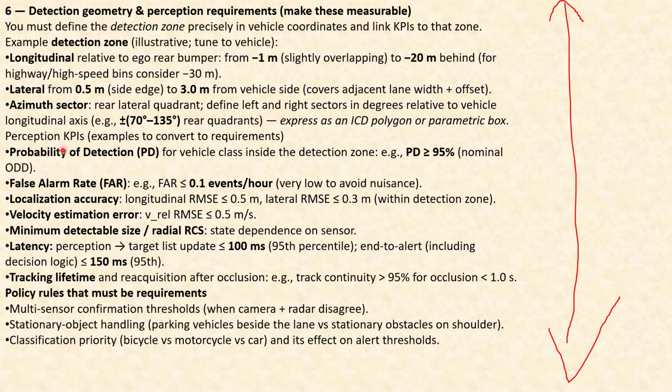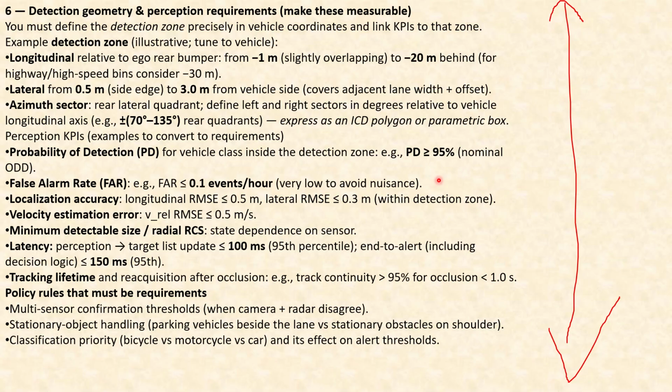Talking about the perception KPIs. The probability of detection. All right. So in perception KPIs, I'm giving you examples of how to convert to requirements. When it comes to probability of detection for a vehicle class inside the detection zone, it should be greater than 95%, and this is nominal ODD. And false alarm rate. When it comes to false alarm rate, the false alarm rate should be less than 0.1